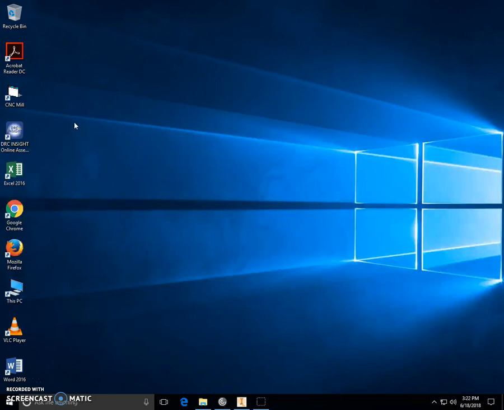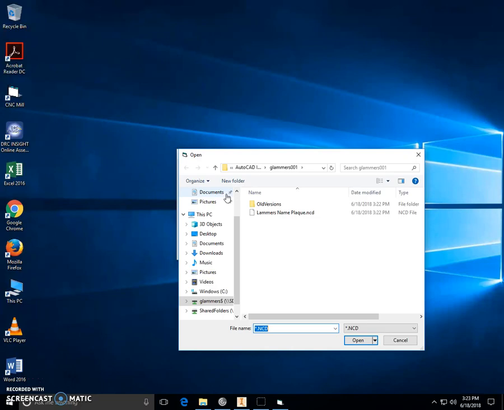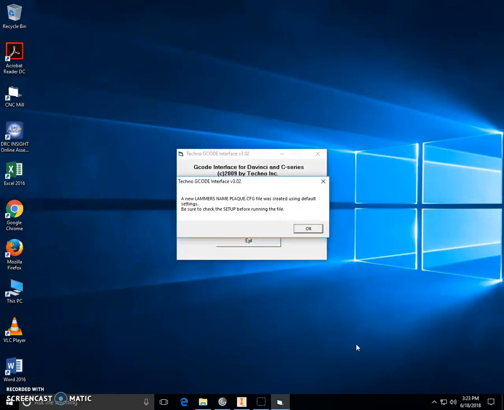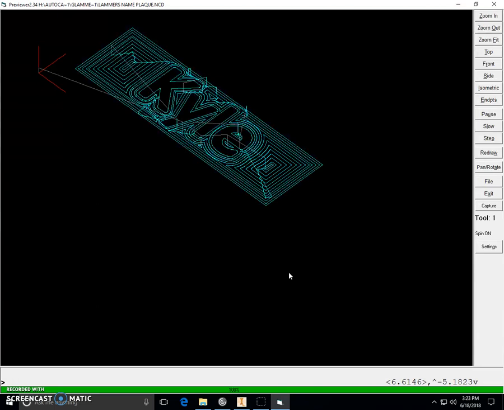Go over to the computer that is connected to the CNC mill. And the icon on the desktop, CNC mill, click to open. We're going to translate execute. Select your Lammers name Plaque. Open. Click OK for the default menu. And click Preview. This is where you want to stop, get your teacher, and they'll help you cut your